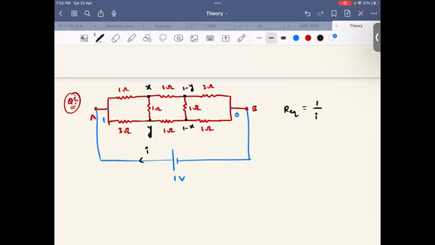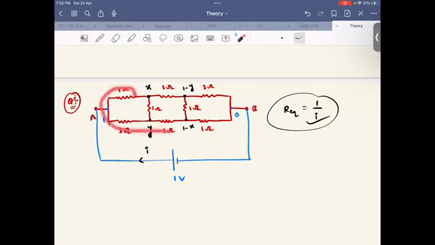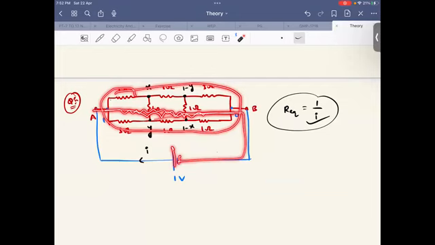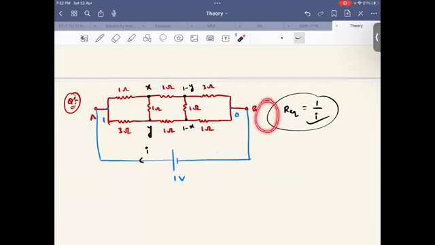One by I. If you can find I, the inverse of I itself is the R equivalent. I told you very clearly, no. First of all, you need to get a sense of what R equivalent is. This entire thing can be replaced by one single resistor. If you replace it by one single resistor, 1 volt is there and current I is flowing. So R equivalent is nothing but 1 volt by I itself. So in this question, if you guys